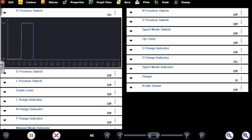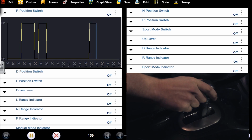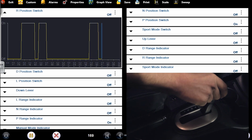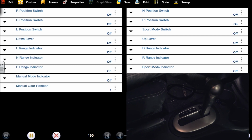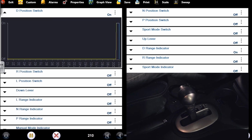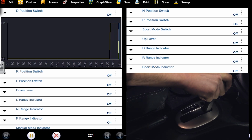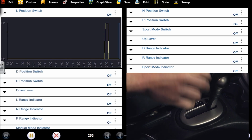So that's the reverse switch. Reverse. That indication works on the scan tool. Let's see the D position. That works. The L position, which would be...